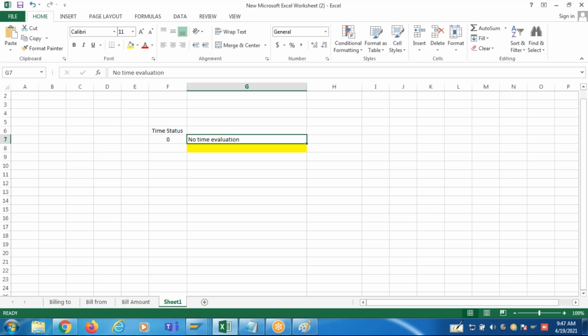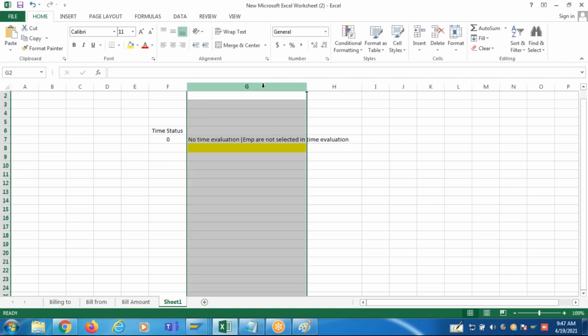So in such a case, time status 0 is used. So employees are not selected in time evaluation, guys. Remember that.